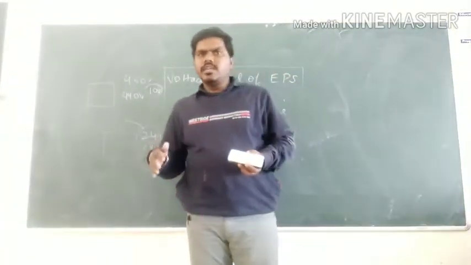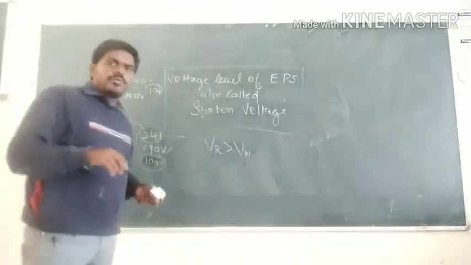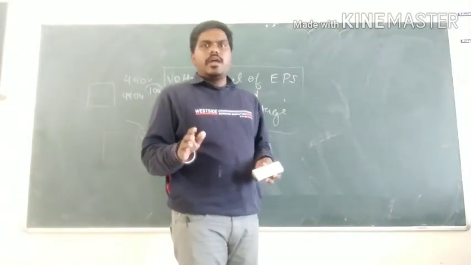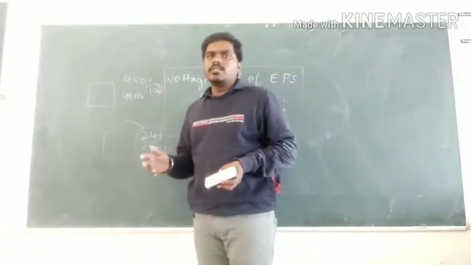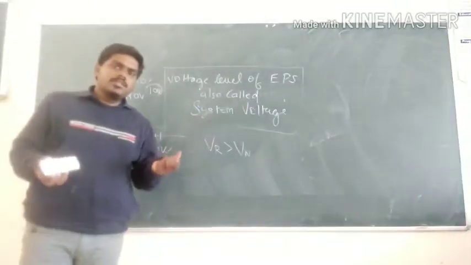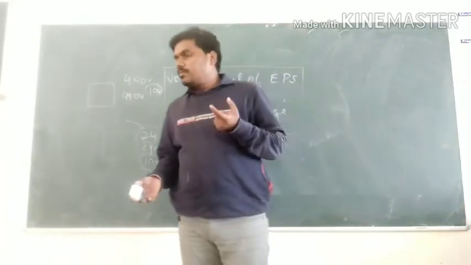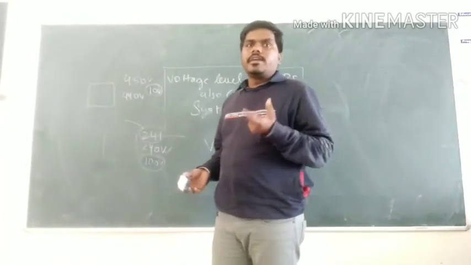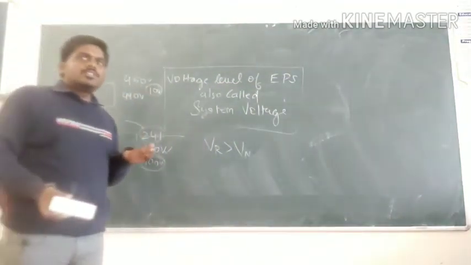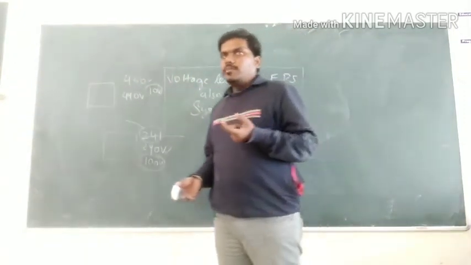The circuit breaker is designed to operate at the highest RMS voltage. So what is RMS? RMS means the root mean square value of that voltage. The circuit breaker is designed to operate at the highest RMS voltage, which is known as the rated maximum voltage of a circuit breaker. If anybody asks how the circuit breaker is rated, it is based on the rated voltage. The value is above the nominal voltage for which the circuit breaker is designed, and it is the upper limit for operation.